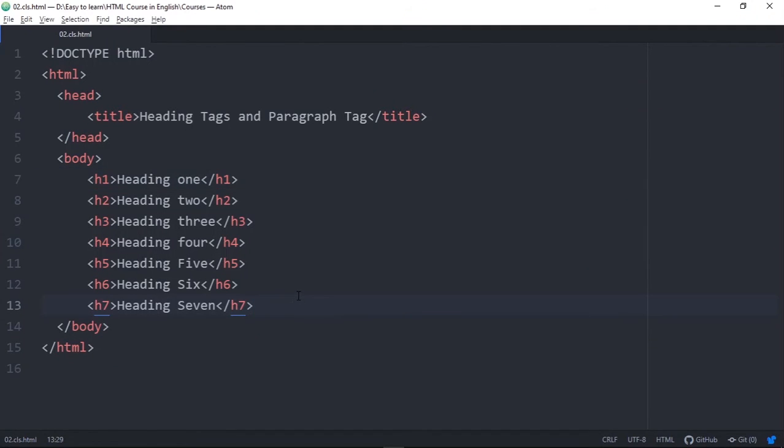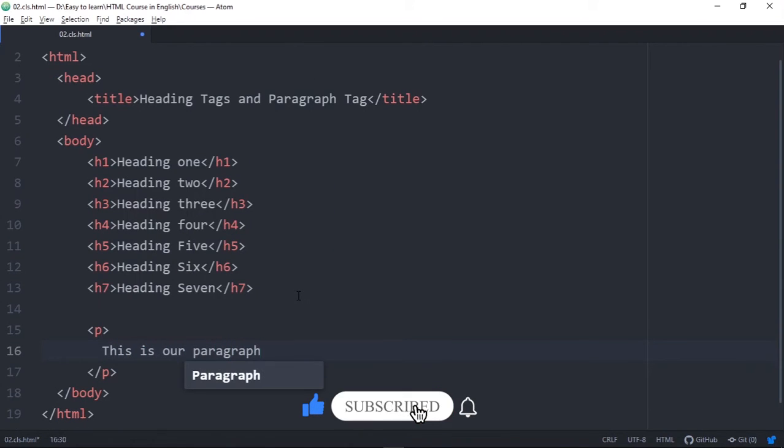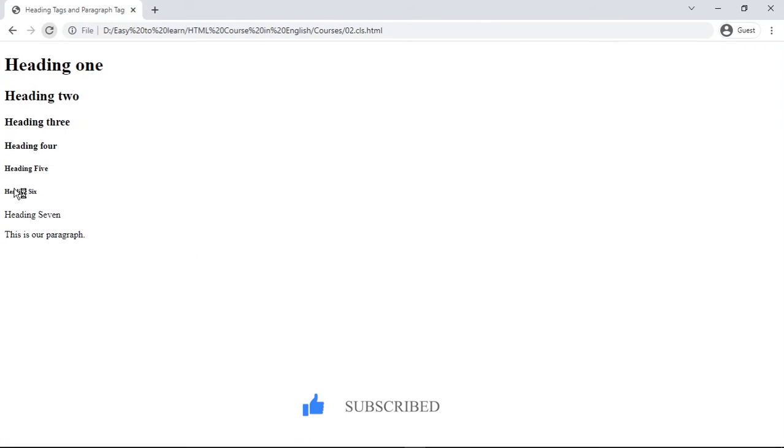Also, we have a paragraph tag when you need a paragraph inside your HTML or your website. If you write a simple text, it won't have the rules of a paragraph. So if you want text that matches the paragraph format and rules, you need to have a paragraph tag. The paragraph tag is also easy. You must have a starting tag of paragraph and the closing tag of paragraph, and inside this you will write your paragraph. For example, if I write this is our paragraph and save it, come here and reload,